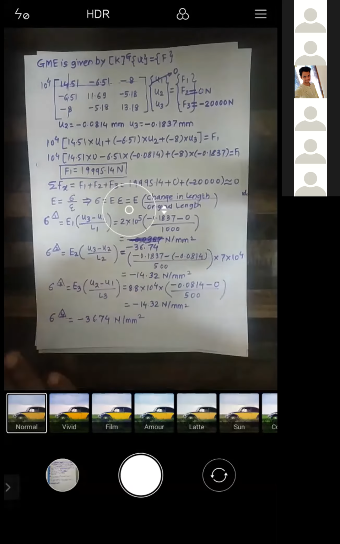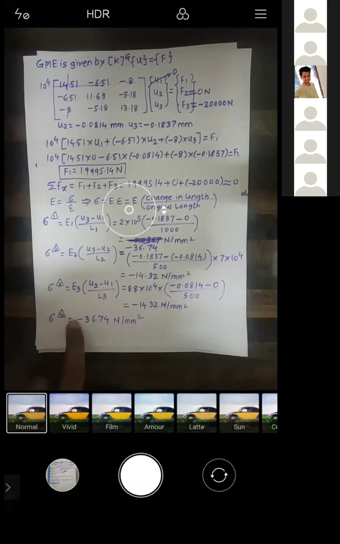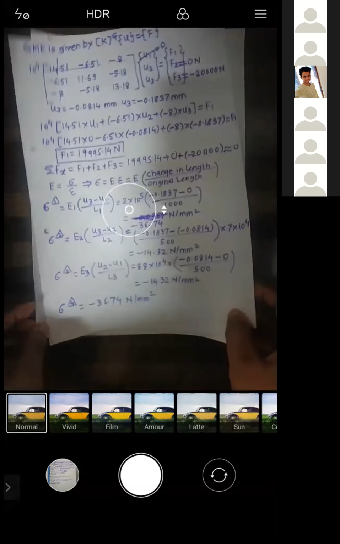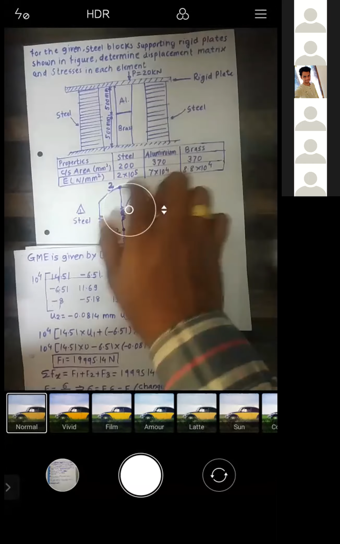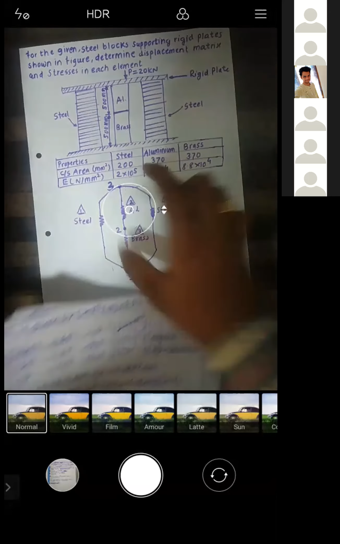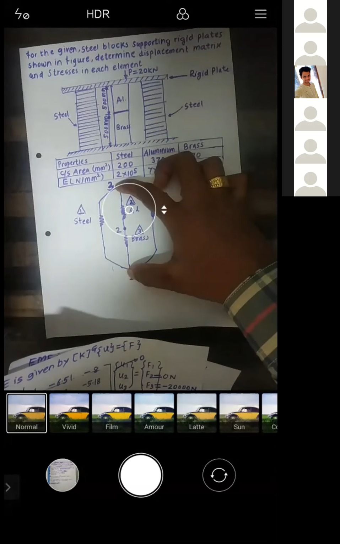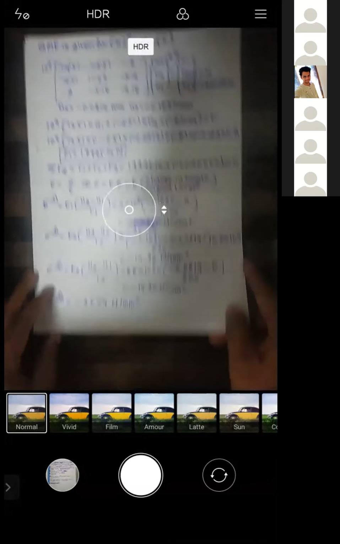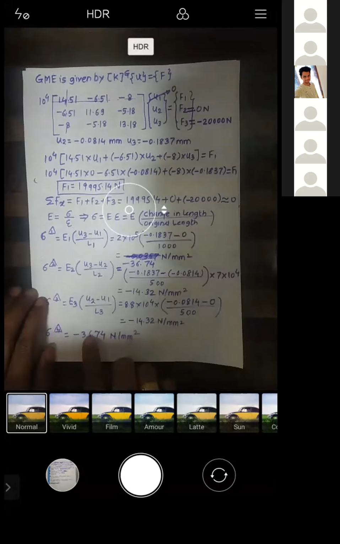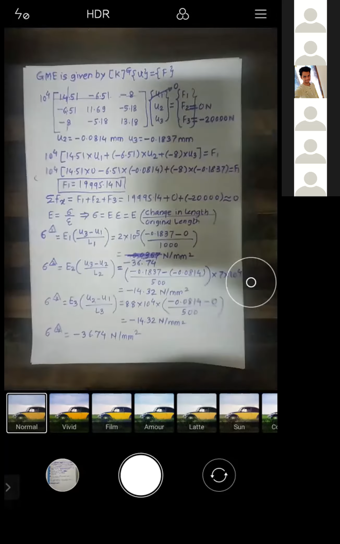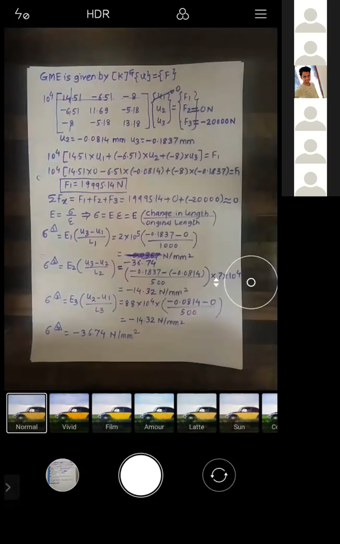You see why I have taken it the same for element number 4? Because element number 1 and 4 are the same. They are made up of steel, that means E is the same. Similarly, they have the same cross section, and they are connected between the same nodes, that is 1 and 3. That's why I took it the same. If you are getting confused, let it take time, but calculate it separately. That is not an issue. You write down E4 into U3 minus U1 upon L4, and do that calculation. So there is no need for any confusion. Getting? Okay.